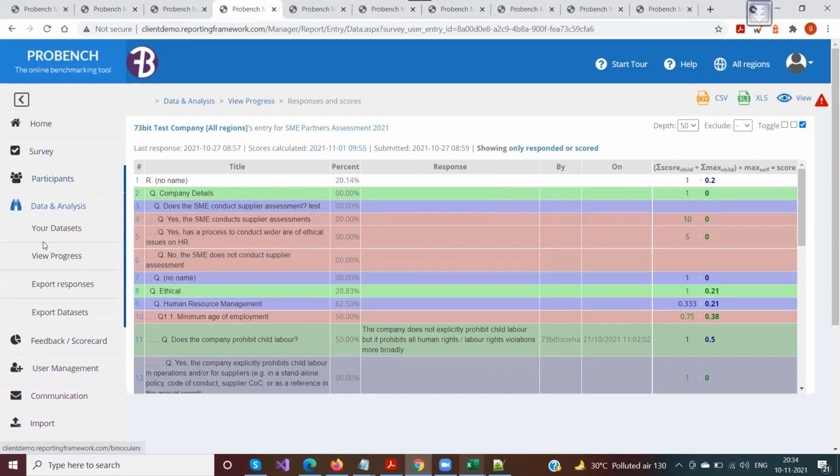Yeah, so you would be seeing view responses here instead of view progress. Are you able to see view responses? Yes. That name has changed from view responses to view progress. Tomorrow we have a release. It would be changed from view responses to view progress now. So currently, if you want to use it, you can go to view responses and you will see the same screens there. Okay, thank you.